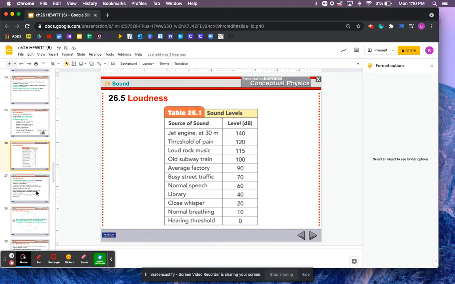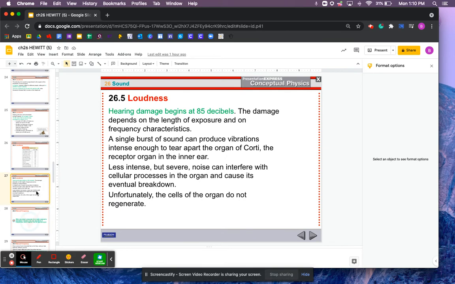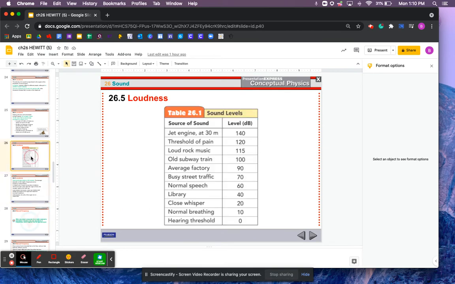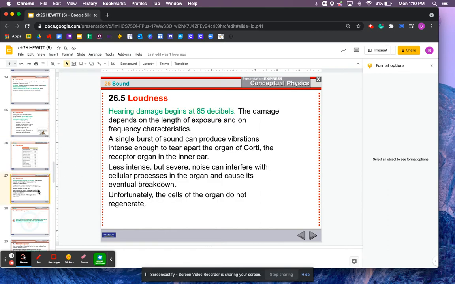So it is possible for it to get louder and louder. Hearing damage does begin at about 85 decibels. So if you look at that, you're looking at maybe a factory type of setting. Even an outdoor busy street, you might be able to get a little bit of hearing damage. Now, hearing damage can't be reversed, but it does take a while for you to get permanent hearing damage. You can get a small damage with exposure to really loud noises, and it does take a while for your hearing to go back to normal.